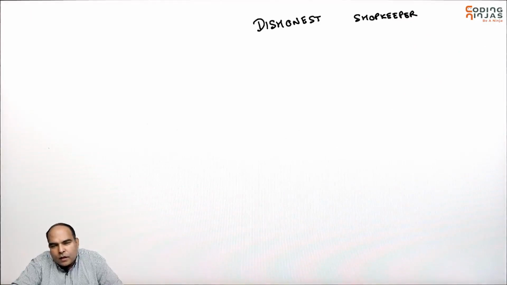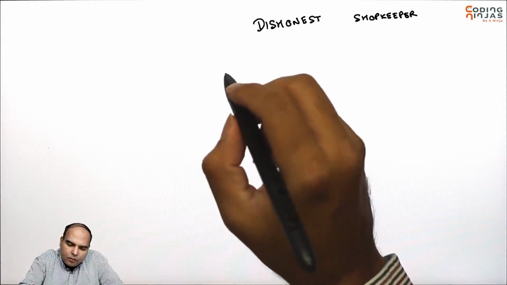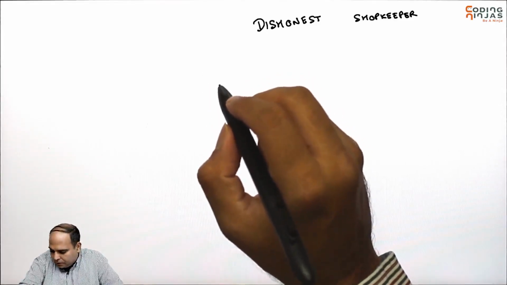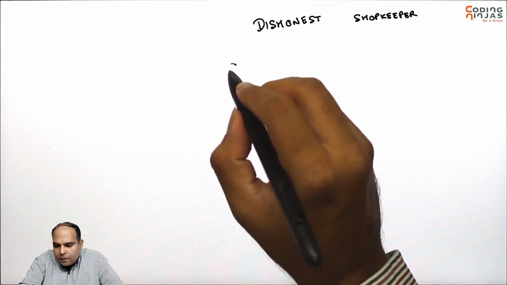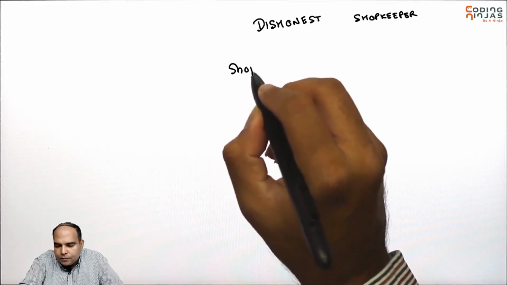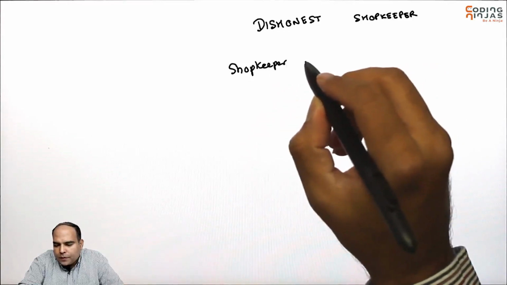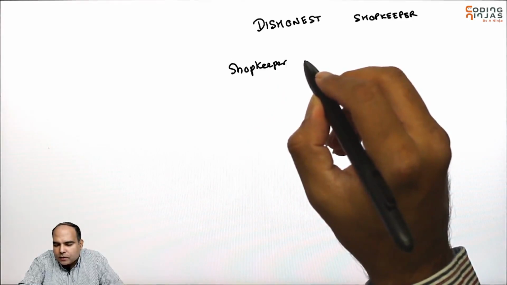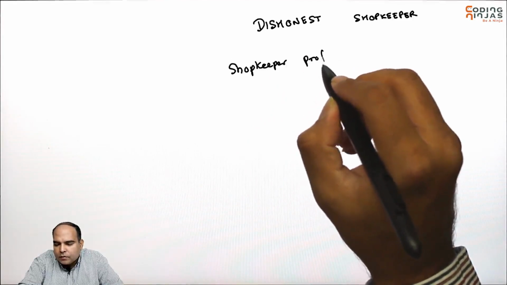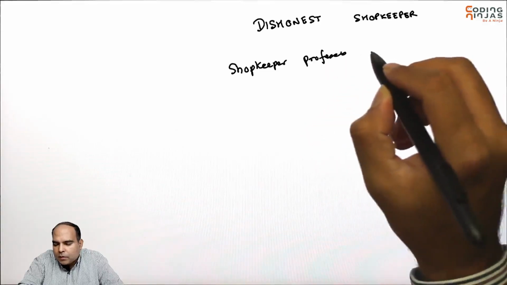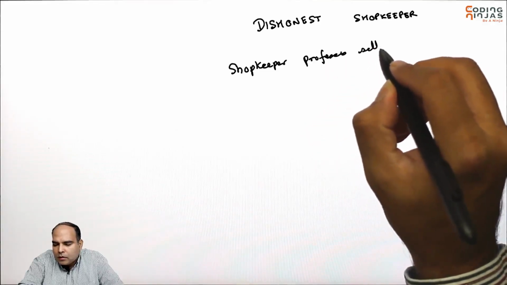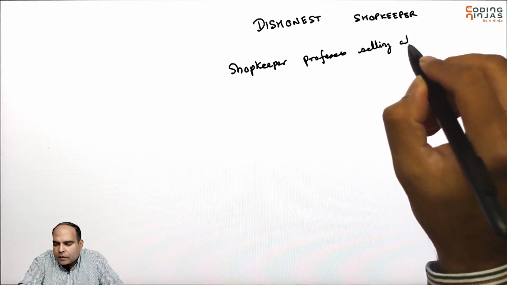If a question tells you that a shopkeeper professes to sell at cost price, he tells his customers that he is selling at cost price,